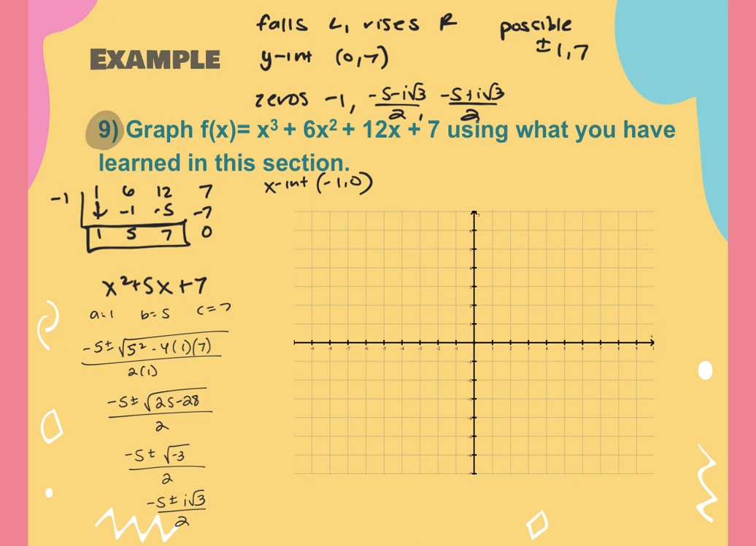So I know that it would have negative 1, 0 as the only time it crosses the x-axis. And I know it's 0, 7. And I know it falls left and it rises right. So it's going to do some sort of a weird shape in between here. If I wanted to know exactly what it was, I have to plug in a point. So if I wanted to plug in negative 1/2,